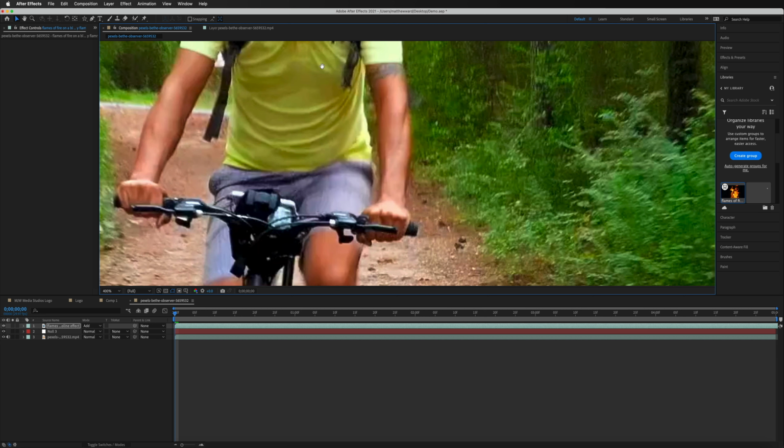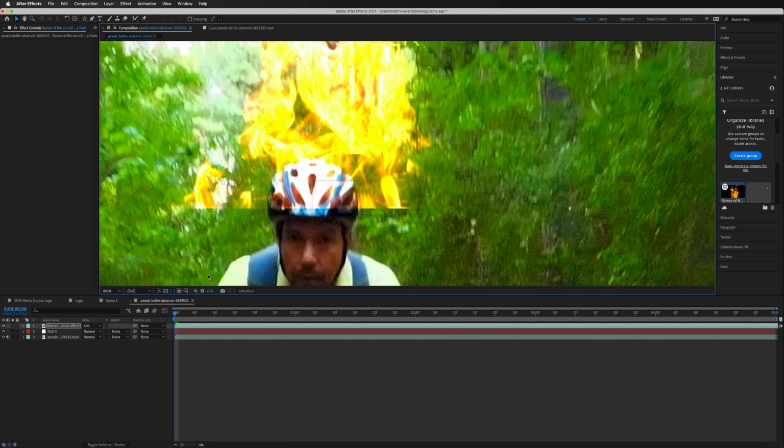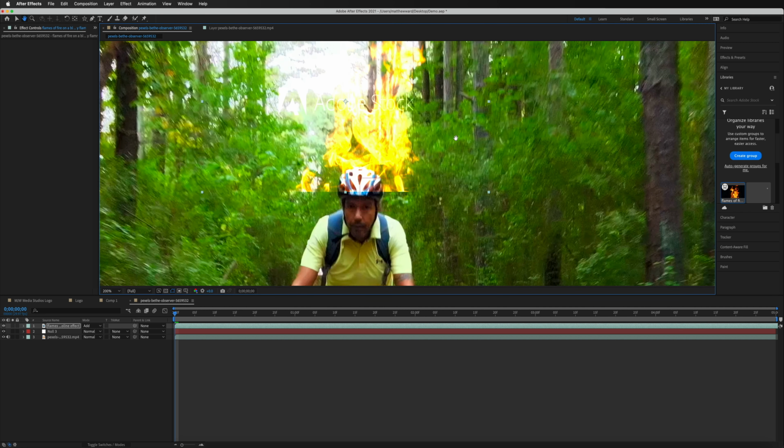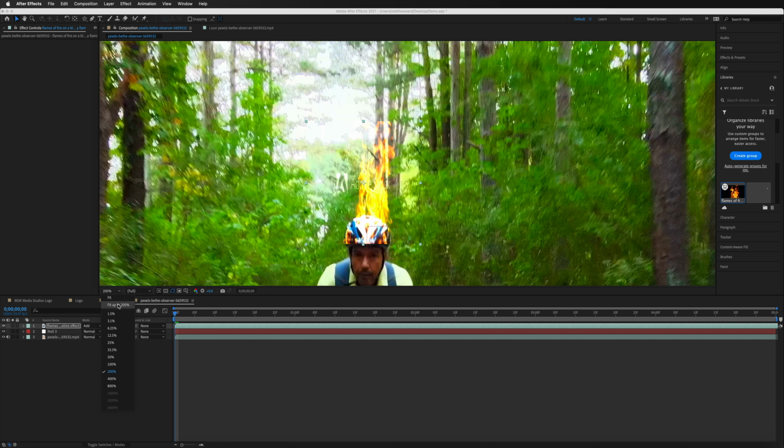I'm going to hold down my space bar so I can move up the screen and zoom out just a little bit because it's a bit too big. So I'm going to take that back to 200. Hopefully you guys can see this. And I'm just going to go ahead and resize this fire a little bit just to fit on top of his head and just bring that down into position and just try and match that helmet. So somewhere around there will be fine. So I'm going to zoom back out at this point, back to that 200%.